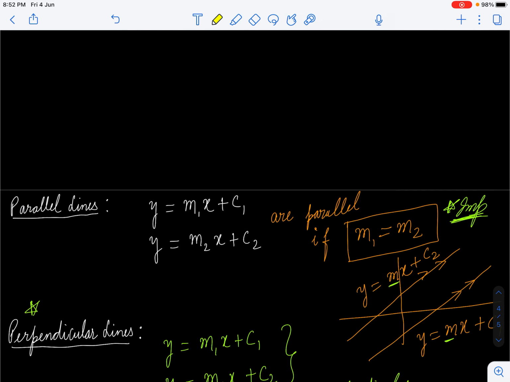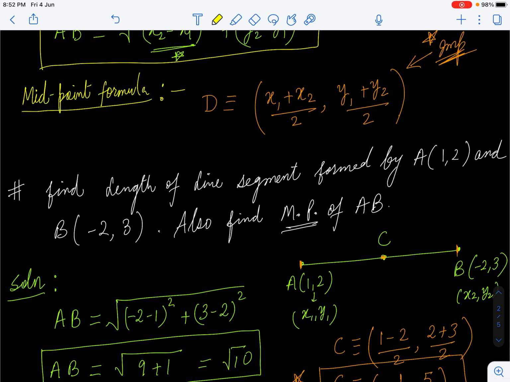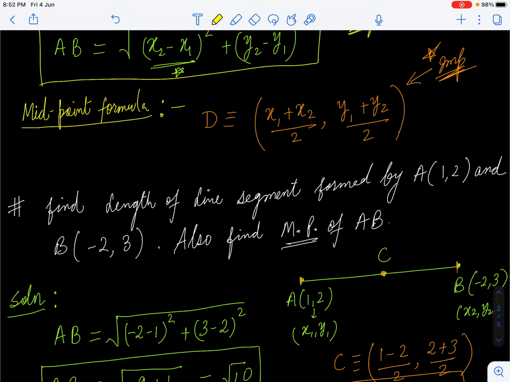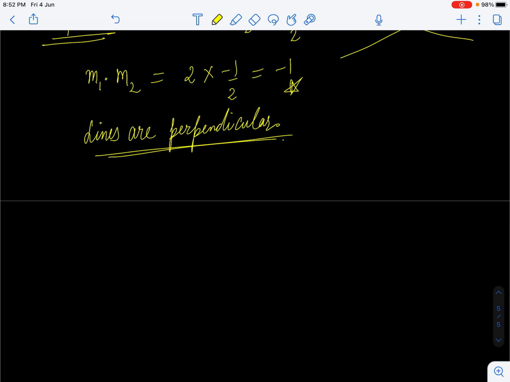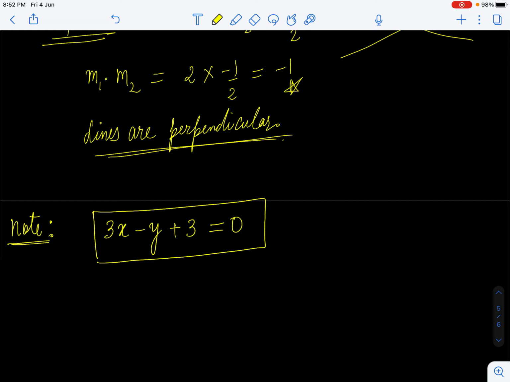So that's all for this part, and we will have a second part in which we will see some modeling questions and some other types of questions in this topic. But before going, I just want to tell you one very small note that you have to be careful about: sometimes they will give you lines like this also. Let's say they have given a line like this and they will say find the gradient.